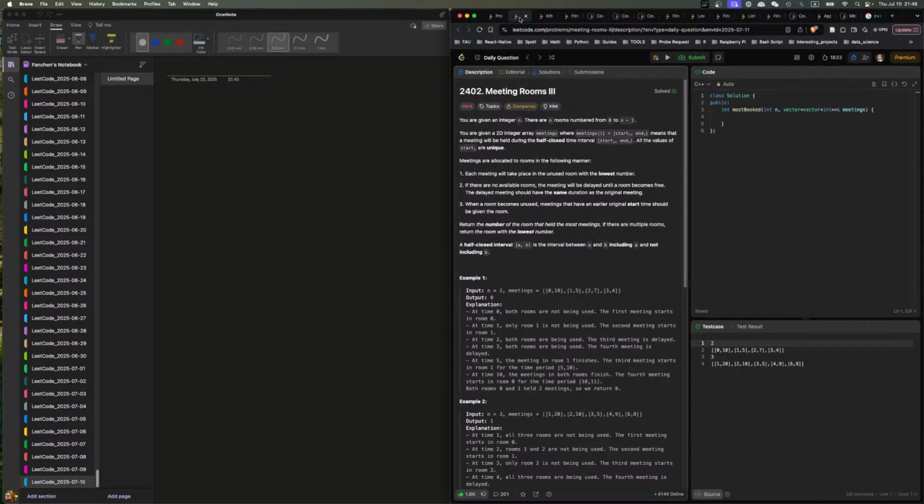All right, so we have these meetings and we have n rooms, right? And we say each meeting will take place in an unused room. If there's no available room, the meeting will be delayed. So we just delay. And when a room becomes available, the meeting that has the earliest original start will